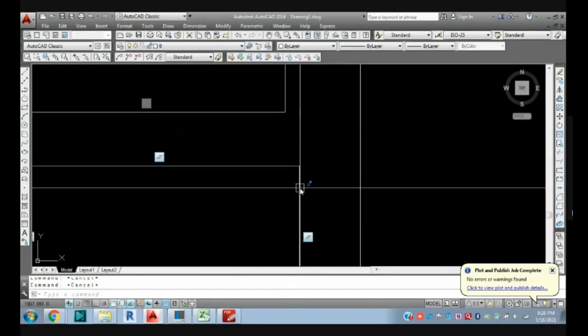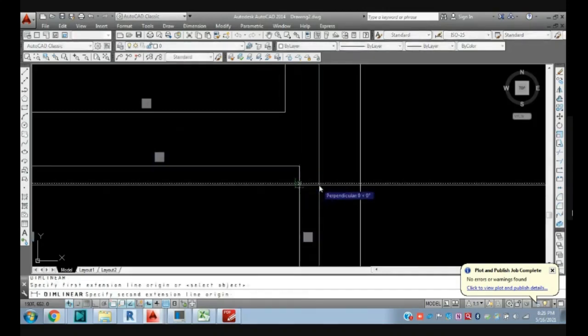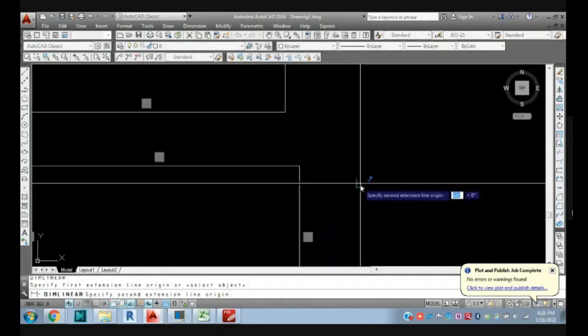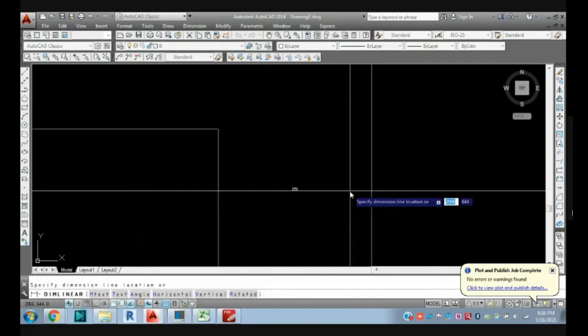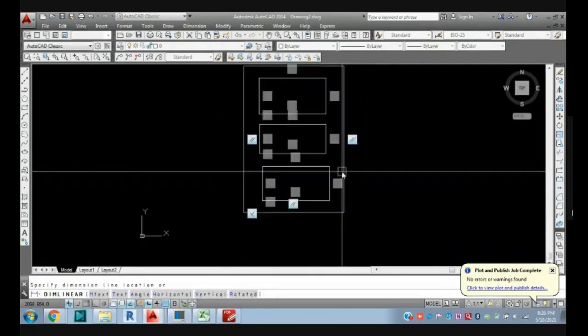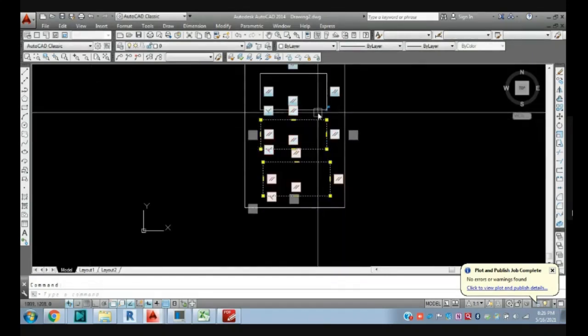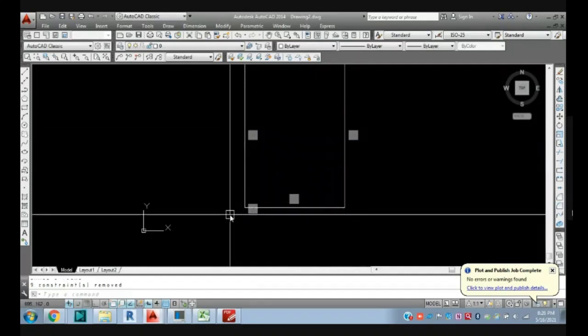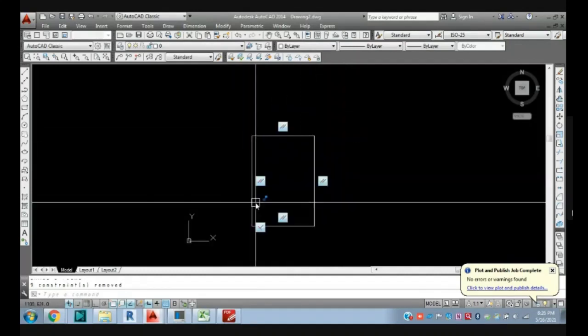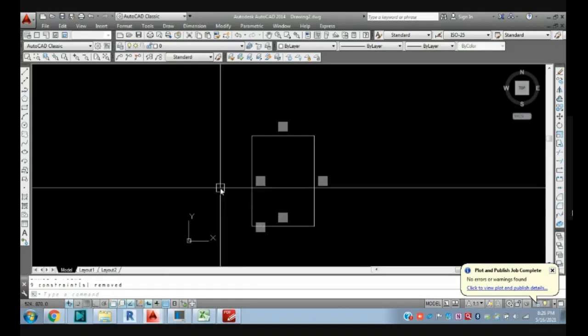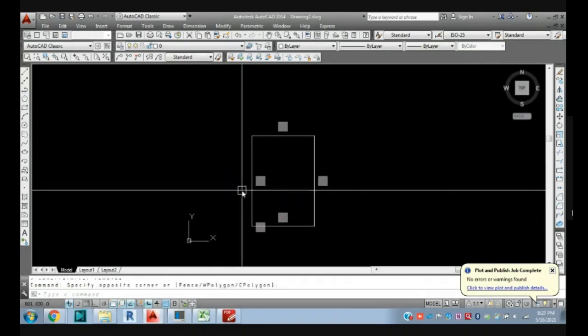Suppose they have some criteria, like the edge of this mechanical pump to our slab edge needs to be 150. That's the reason we need to set an insertion point for our drawing, so on the basis of that they can add whatever they have drawn.